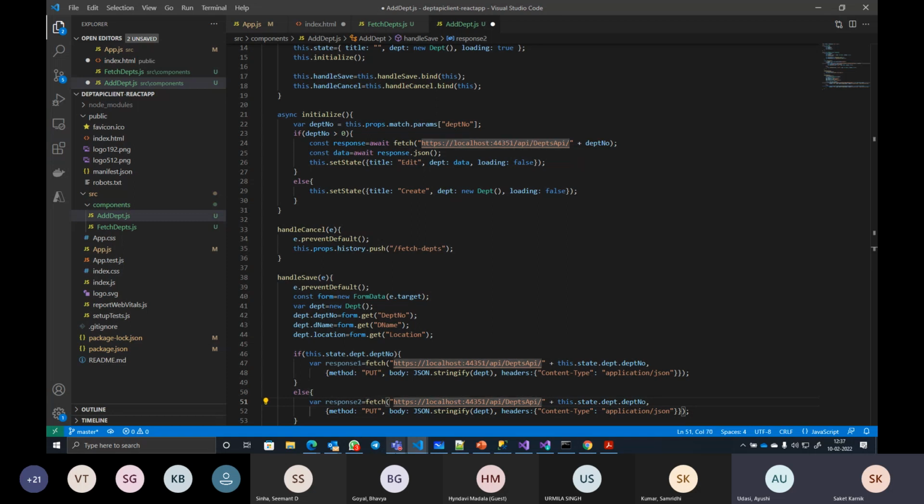For post, there is no route parameter, so I remove this slash and this was getting appended. Comma, method becomes post this time. Rest everything remains exactly the same. Yes.